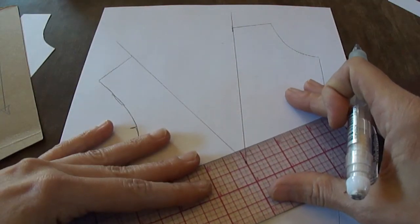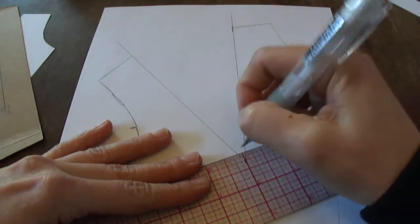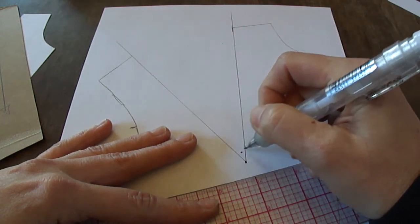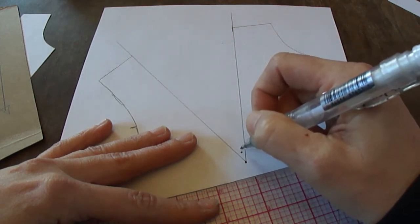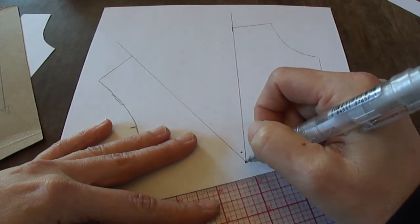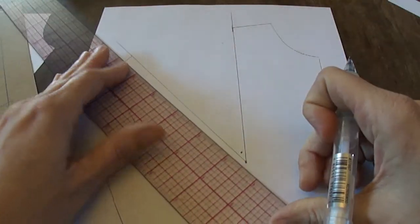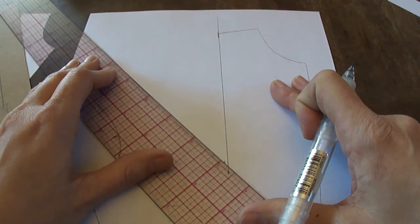so that I can now take my ruler and perfectly center. I'm going to drop it, but again in this case bringing it up 1/4 of an inch from there. So I just put it right between these two legs that I just drew, and this becomes my new dart point. This is still the apex, the bust point, but this is the dart point. I don't want to sew all the way to there. I don't want to be pointing at the bust,